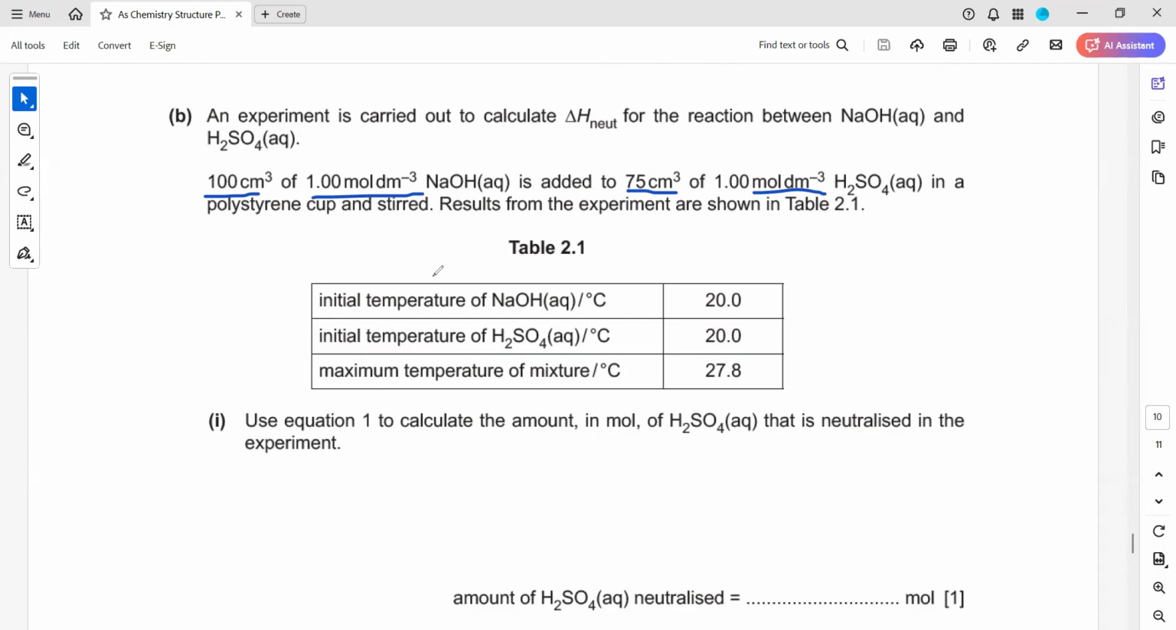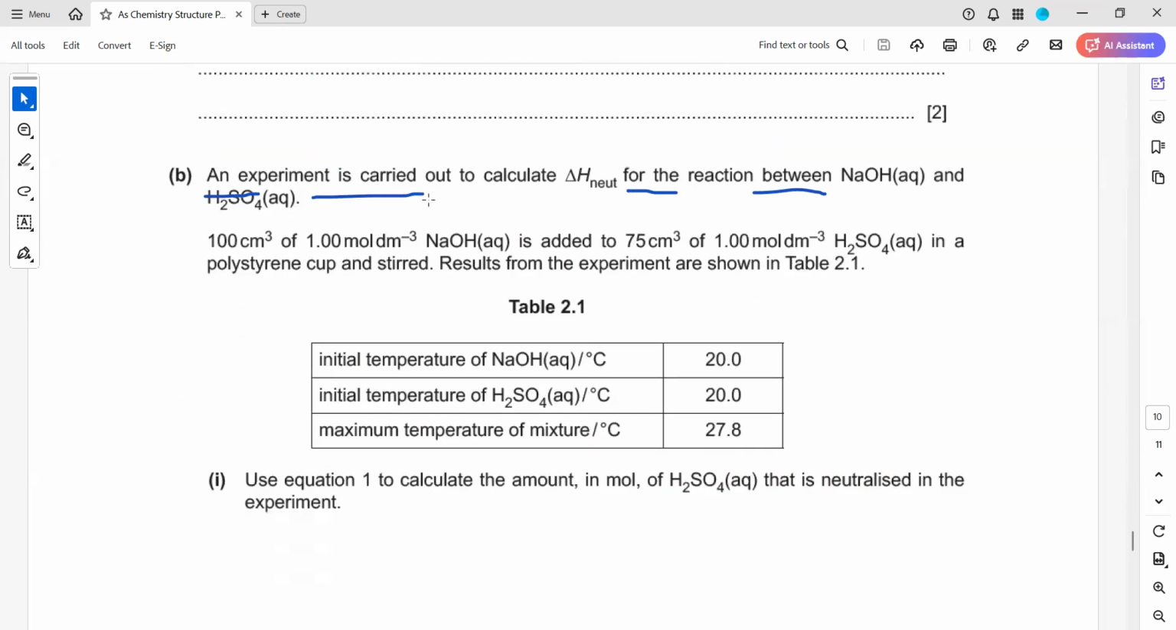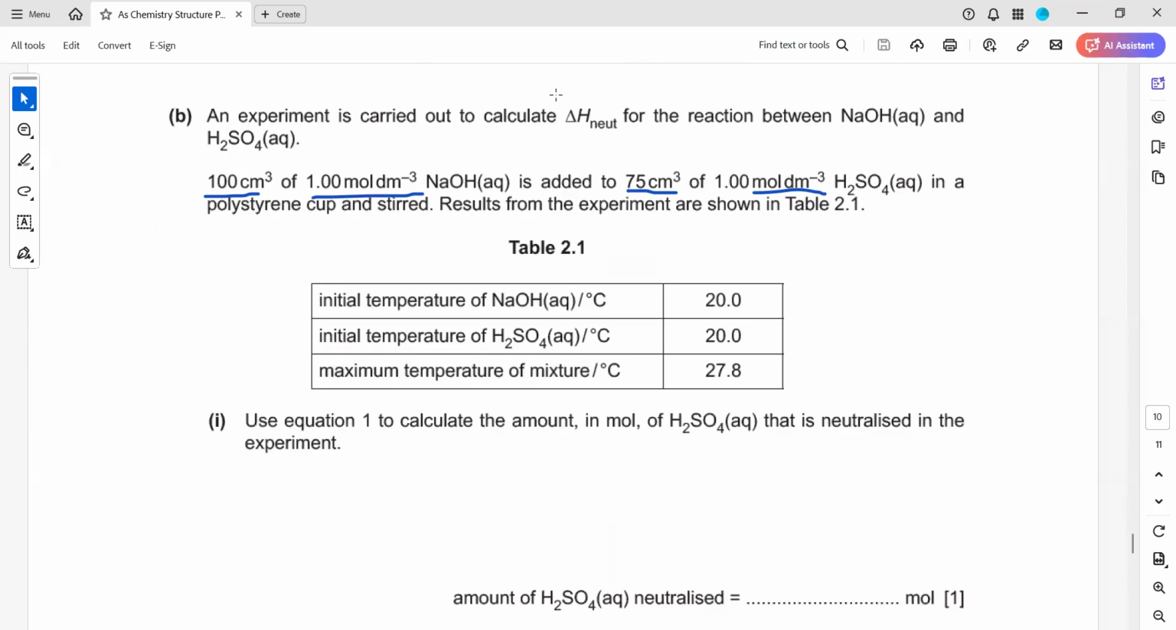So the ratio between them, when we work out, we need the amount of the moles neutralized. As you can see, the equation between sodium hydroxide and sulfuric acid has a ratio of 2:1. So 2 moles are giving 1 mole. So concentration